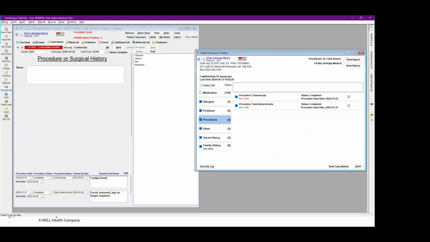The procedure history template is used to document any surgeries or procedures that the patient's being referred for, completed, or canceled. Use the notes box at the top of the chart note to record information regarding the patient's surgical or procedure history. In the lower section,